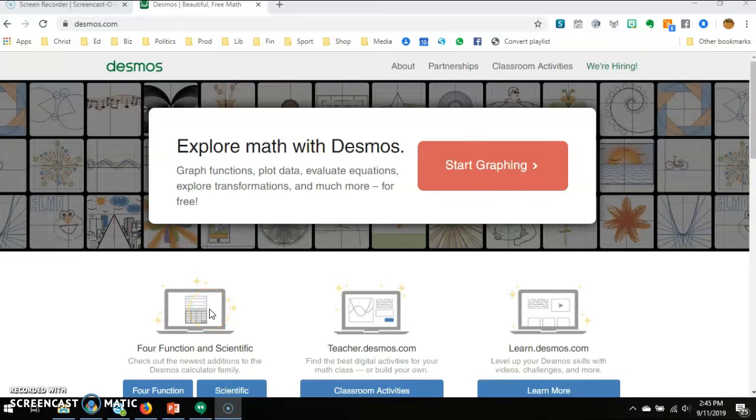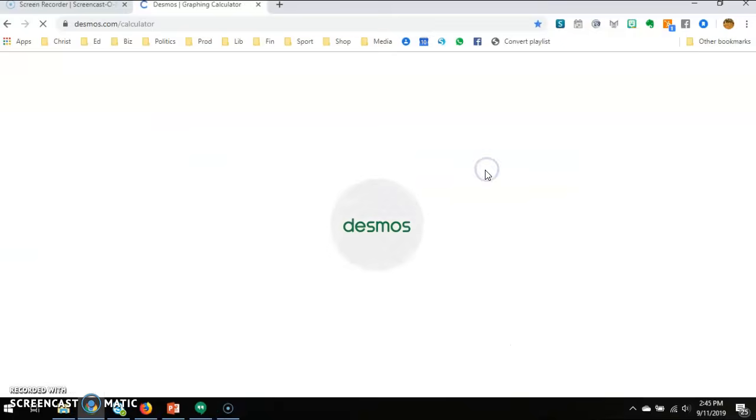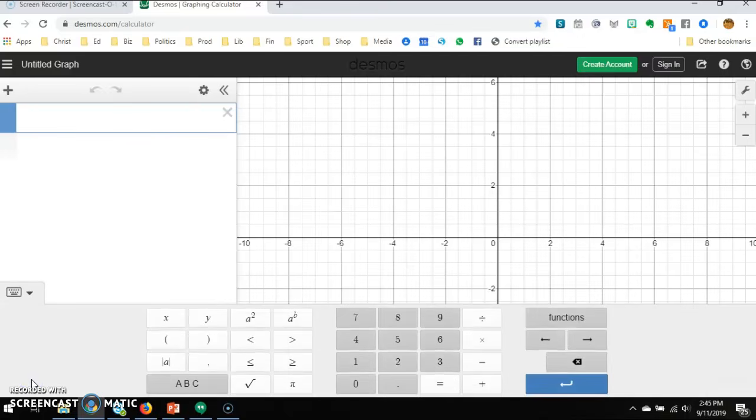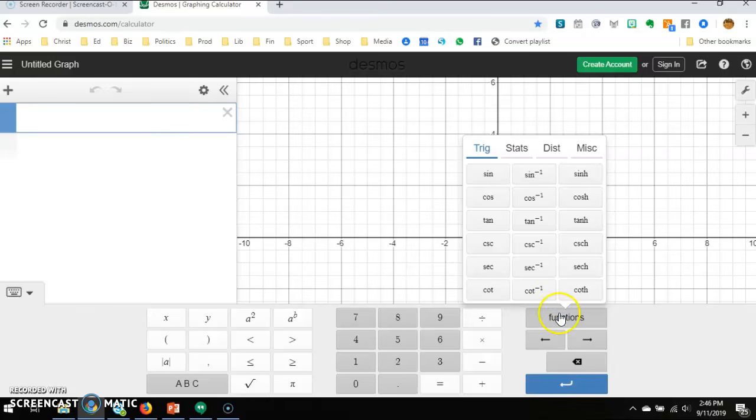Hey there folks, just doing a very quick video on how to do the cube root on Desmos. So let's get started. Go to desmos.com or on your app, go to Desmos, and we're going to start graphing, and you already have your keyboard on there. So bring up your keyboard and you want to go to functions, and then you want to go